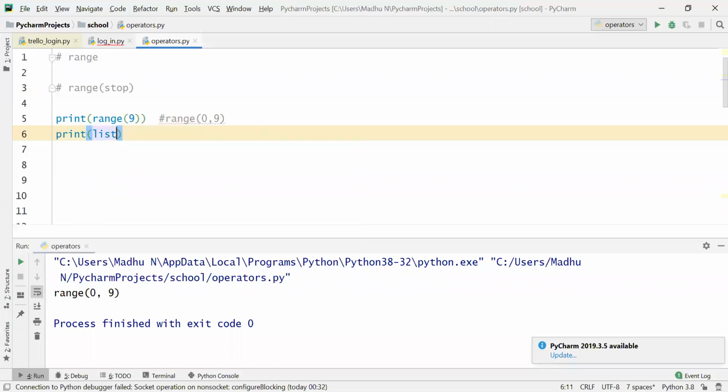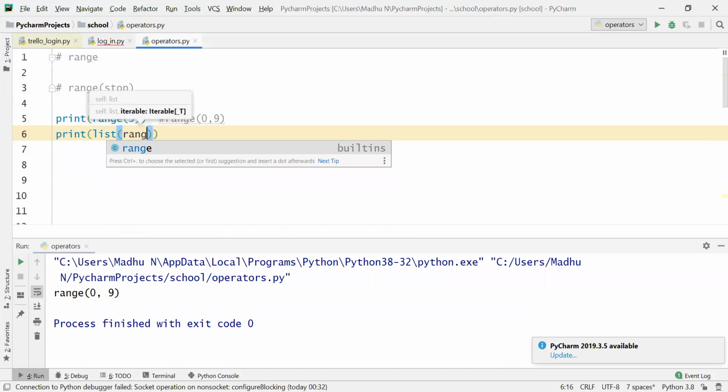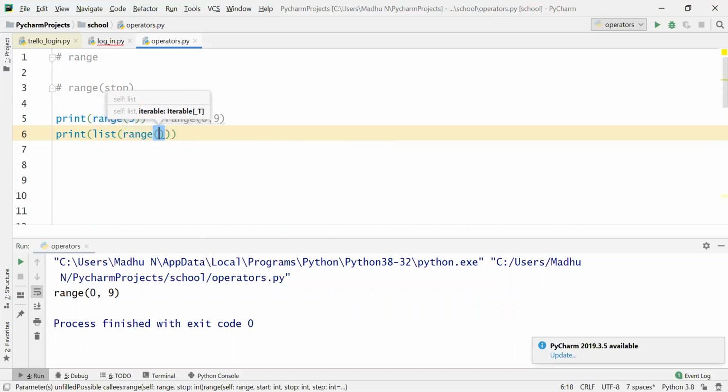So, list of range of 0, 9. Now it will print like this: 0, 1, 2, 3, 4, 5, 6, 7, 8 only.